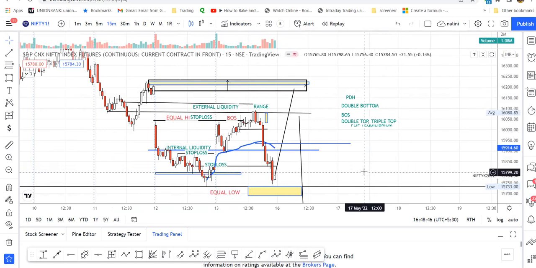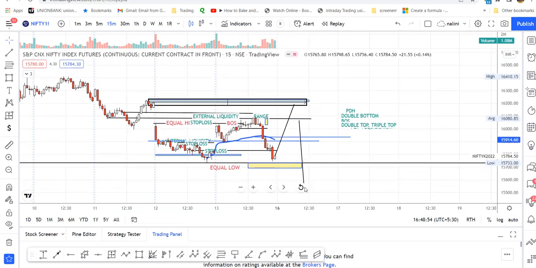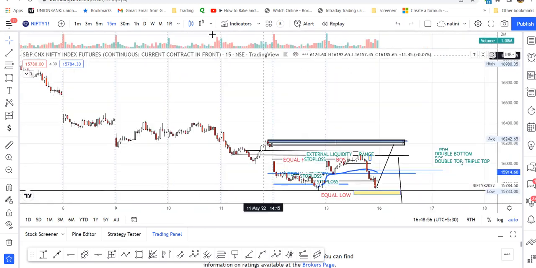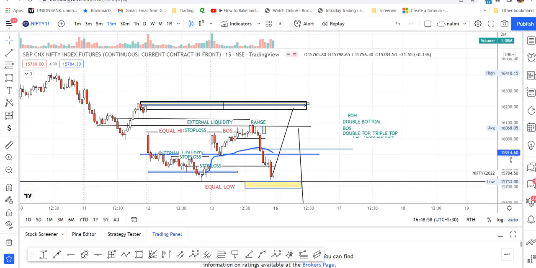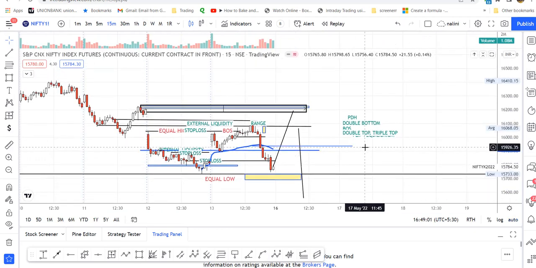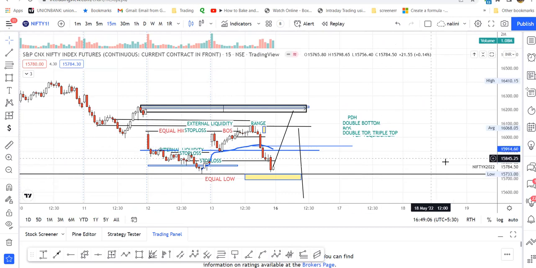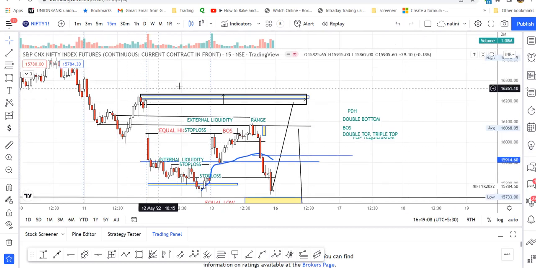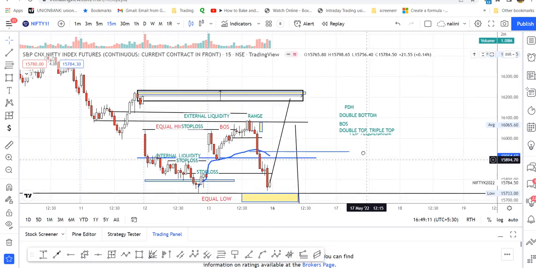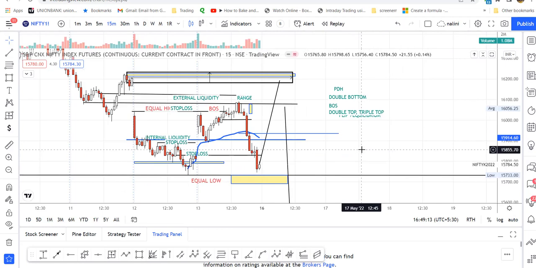Big players function in this way and grab the liquidity and trap the retailers, and also half-knowledge people and technical traders who have learned double bottom as a support and double top as a resistance. These are the areas that will lead to confusion and they can play between these. So I hope this will help you understand how the play will be in the market.